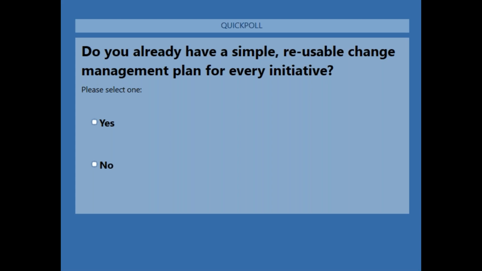It's majority no's at the minute, so over 80%, or just gone under 80% no. Okay, well, that's an interesting result, because that's pretty much in line with what I've been asking this question all over the world for the last couple of years. The reason I asked this question, and the reason this is such an important part of the course, is